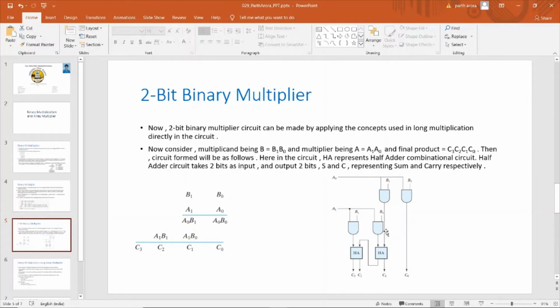Then we obtained c0 directly as a0 b0, and we have passed a0 b1 and a1 b0 to a half adder here, and its sum output has been stored as c1, and its carry output has been given to the next half adder structure here, with a1 b1 as its other input, which will give us the remaining two outputs. So we can see we've implemented the same logic which we do manually. Nothing fancy here.